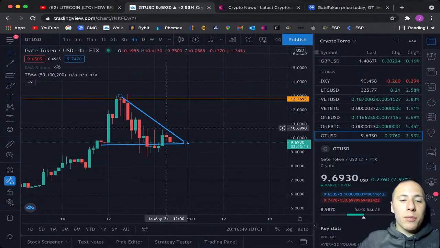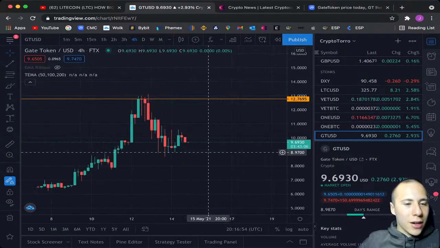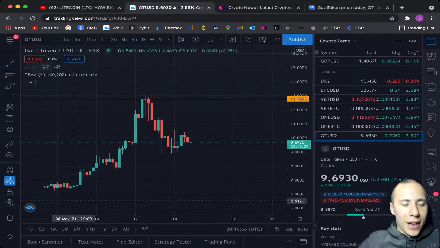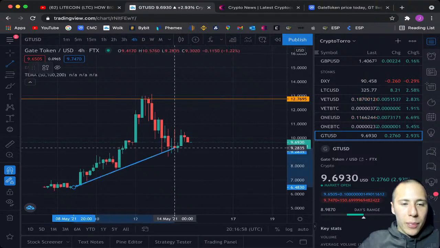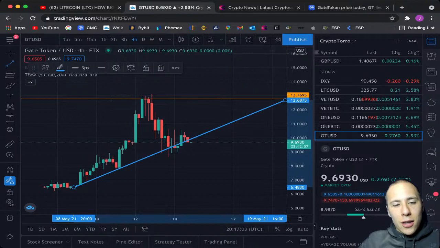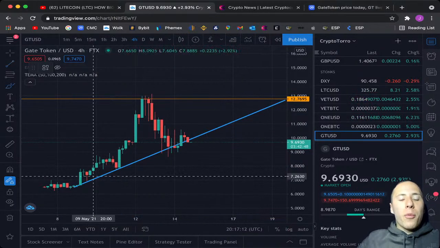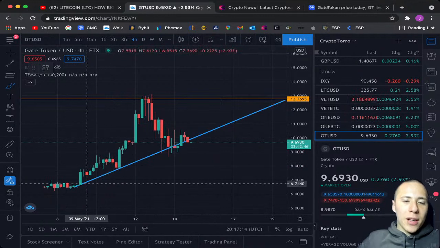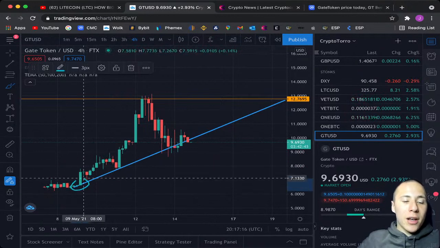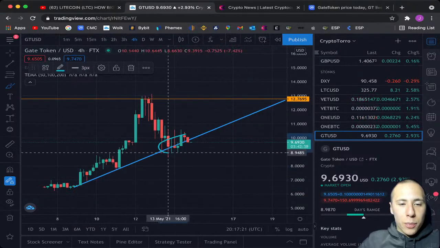and then it is more likely to go down than to go up, because not all coins are like Bitcoin that have enough strength to keep outperforming all the way. So let's take a look. This is the trend for the current moment, and I think it's very important for GT token, so Gate token, to stay above this upwards sloping support line, especially because it's already a significant support line, because we already saw 3 different touch points on top of this support line.